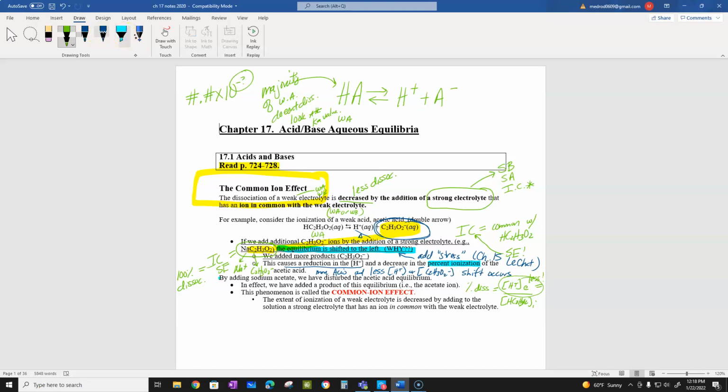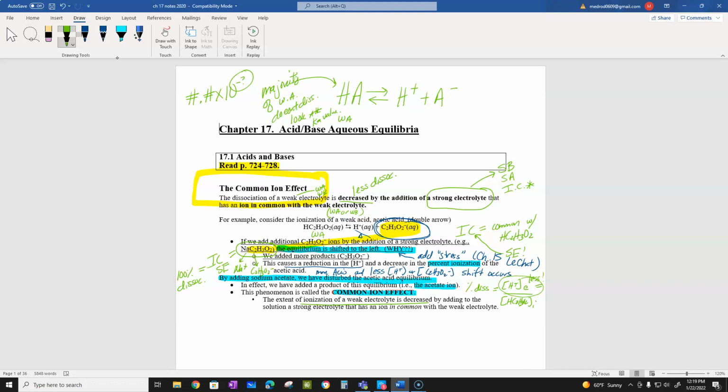And by doing that, we have added a product of that equilibrium. We've added more of the acetate ion. And this is what's called the common ion effect. The extent of the ionization of that weak acid, that weak electrolyte, is decreased by adding to the solution a strong electrolyte that has an ion in common with that weak electrolyte. So the whole point is that this acid is going to dissociate even less, okay, by us adding this